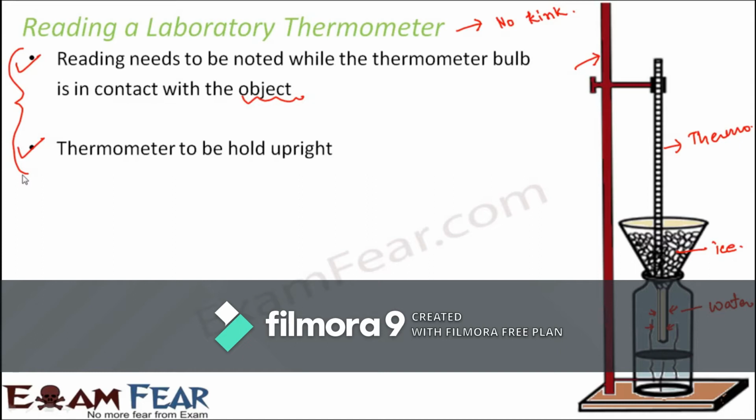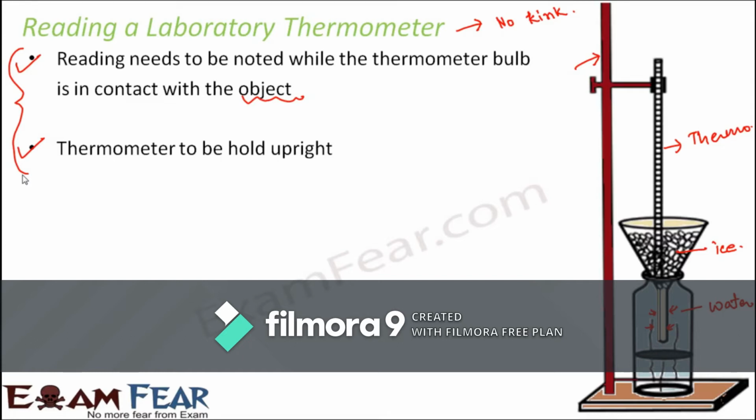Now, as soon as you do that with the laboratory thermometer, your mercury level is going to fall back. So you are not going to get any temperature. So a laboratory thermometer is not going to work as a clinical thermometer, even though it has the temperature range of human beings, it cannot measure the temperature of the human body.